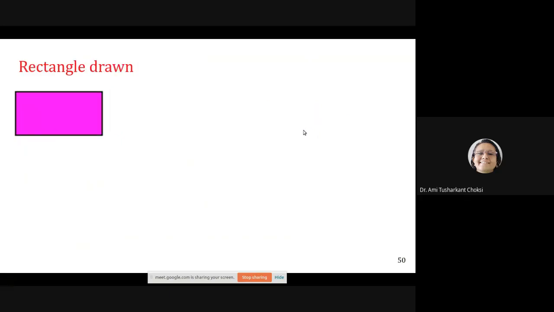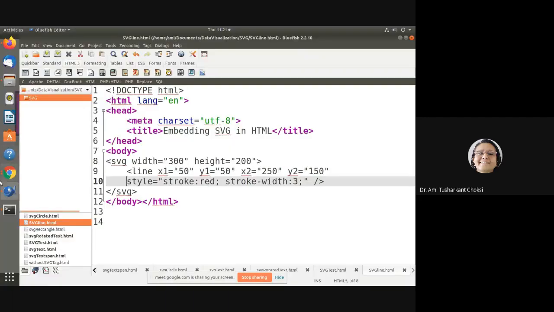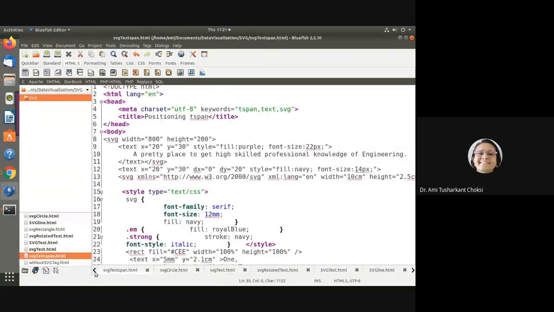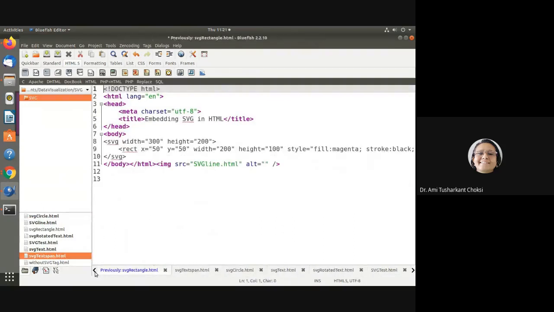That's what we are getting, but you should see it as it is running. So let us open the rectangle. Yes, here it is. Here the rectangle is there, the same code which I have just shown you.